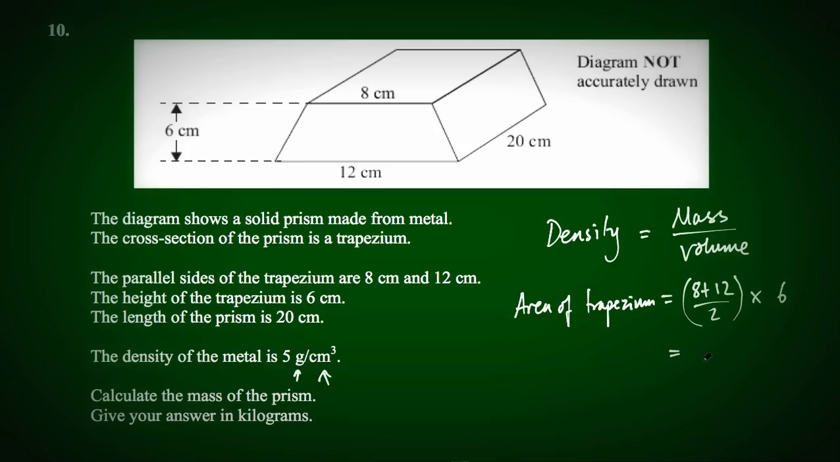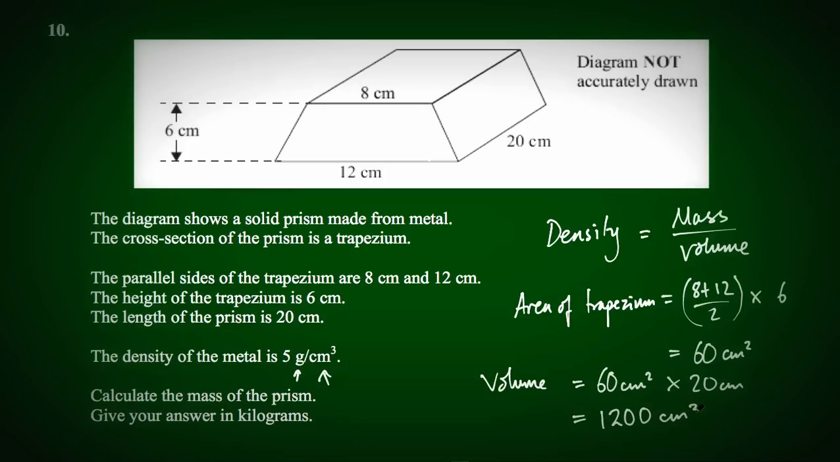8 plus 12 over 2 is 10. That's 20 over 2 is 10. Times 6 is 60 centimeters squared. Volume of prism is 60, the area of the cross-section here, times by the length of the prism, times by 20 centimeters, which equals 2 6s are 12,